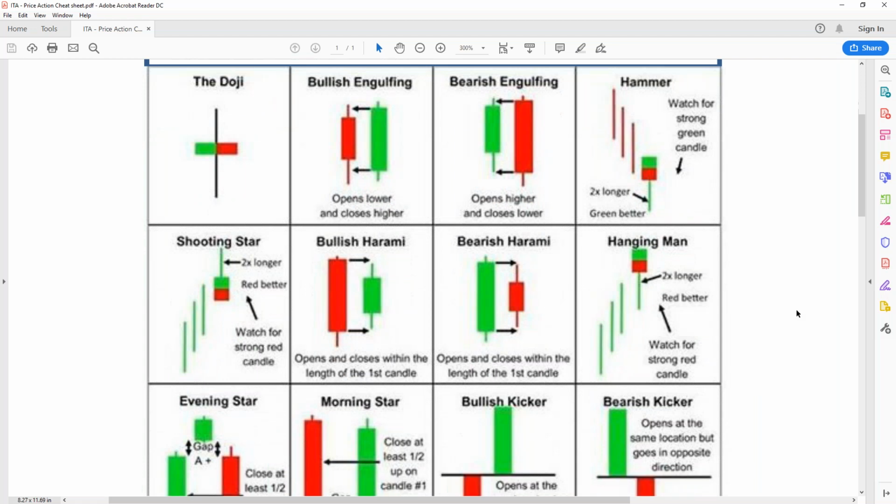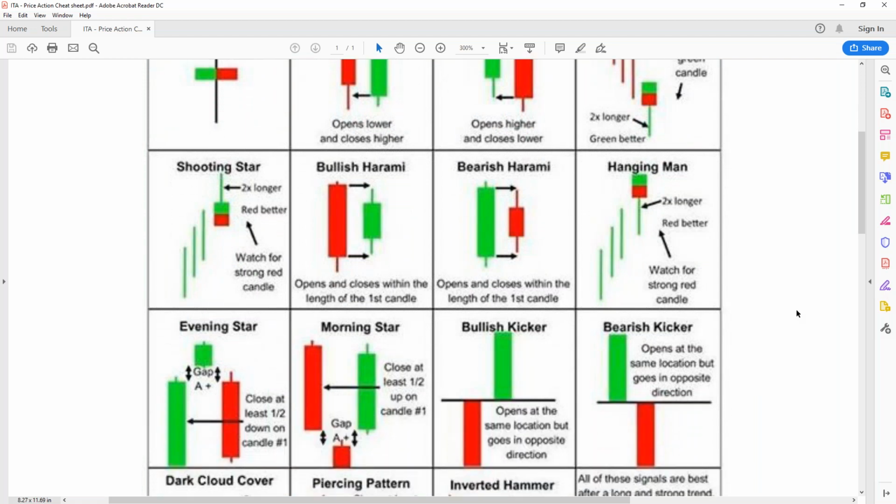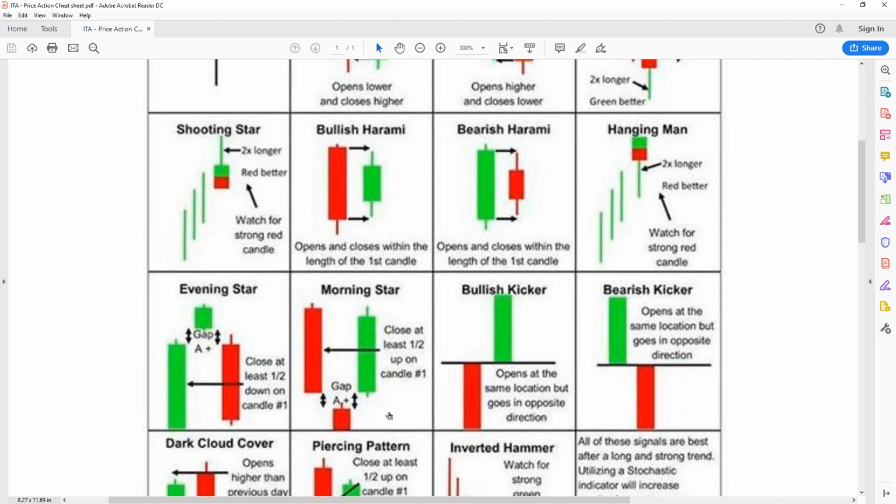Evening star, guys. The evening star and morning star are among my favorite formations overall, and again, they're self-explanatory. Bullish move in, very corrective candle, then a bearish move to the downside, and this is where we'd be looking to take that short on the close of the third candle. It obviously has to be at least half down on the first candle, the original green impulse candle. And for this one, the original bearish impulse candle to the downside, with the bearish indecisive corrective candle. So this suggests markets moving down, this suggests markets moving up.